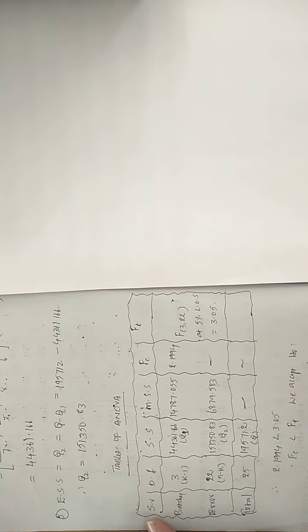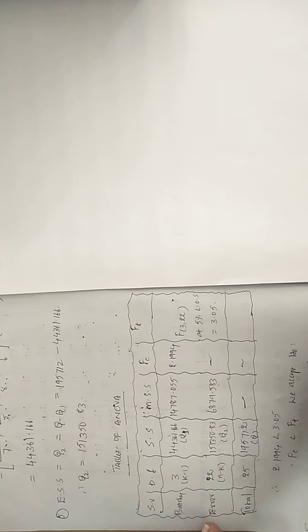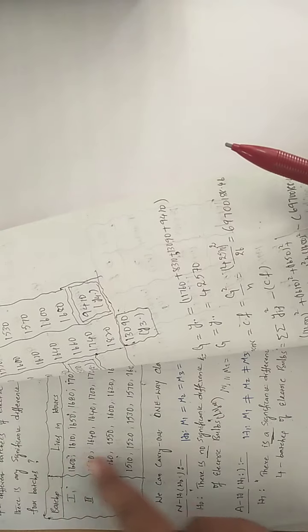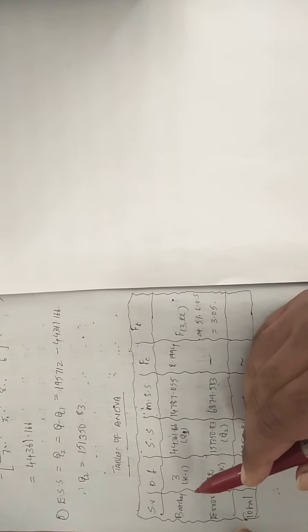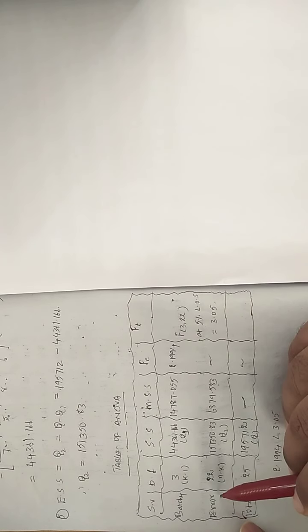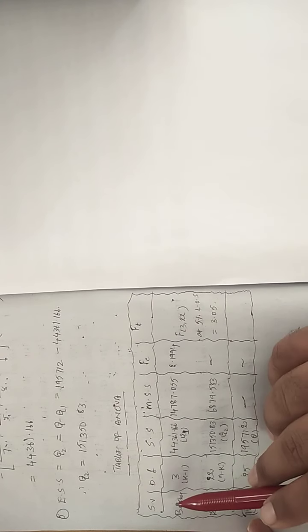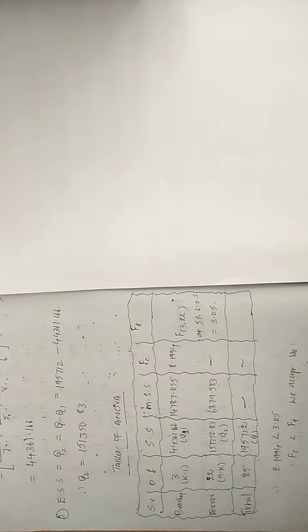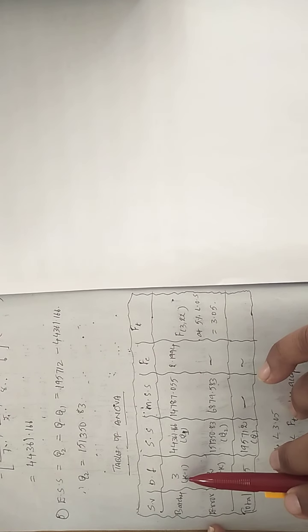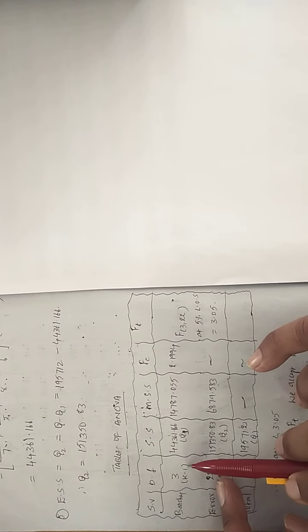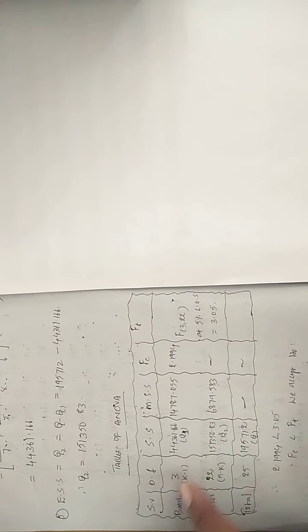Whether one way or two way, the first column is always the source of variation. Here the source of variation means columns, but here the columns are what you are calling batches. That's why I am writing batches. And immediately what you get here? Error. In the case of two-way classification, you will get one more item: rows will be there and columns will be there. That is the only difference, an extension of one more point. Now degrees of freedom. How many batches are there? Total k. From that k you need to subtract 1, the numerical value 1. So you get the degrees of freedom. So 4 minus 1, what do you get? 3.